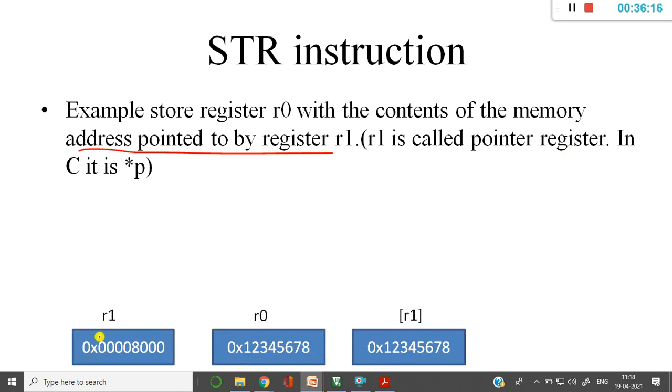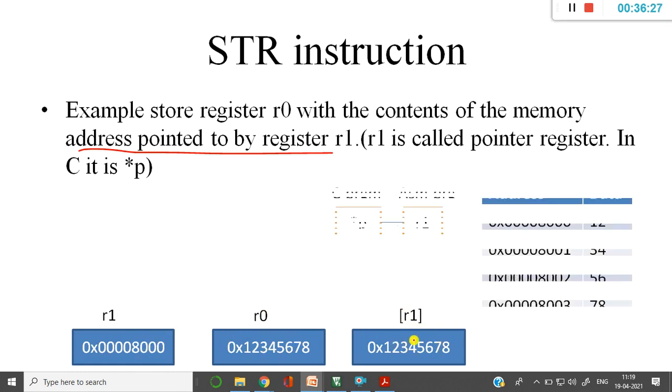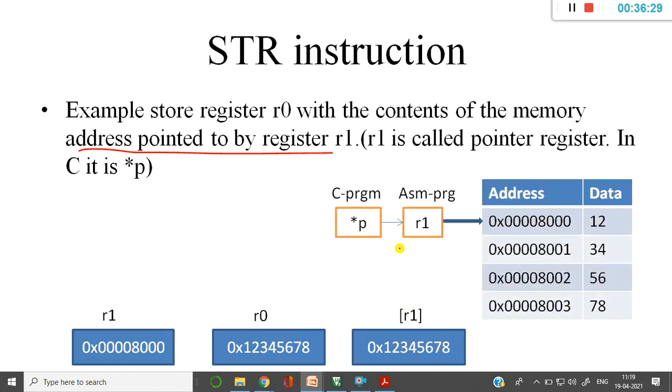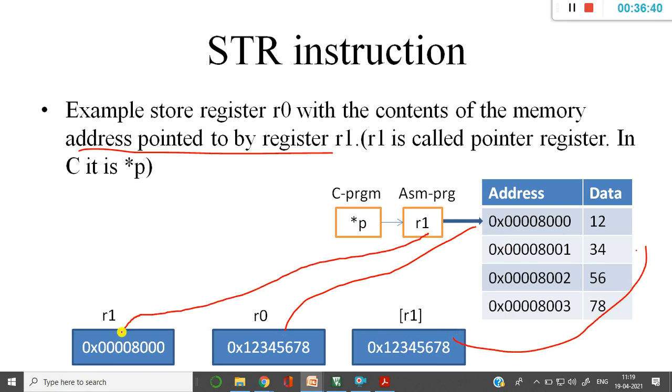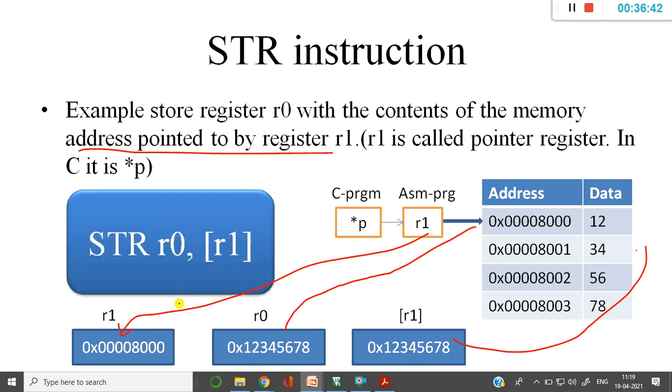It is nothing but a memory location. It is a pointer. What is R0? The data. What is the content of R1? It is nothing but the data to be stored. So I need to store this data, but this address is present in my R1 register.